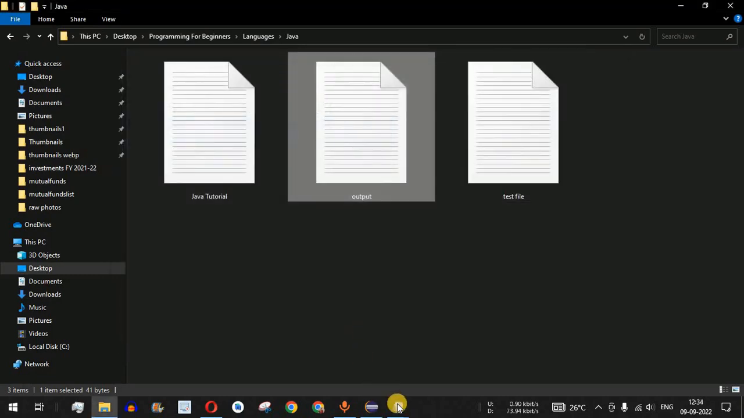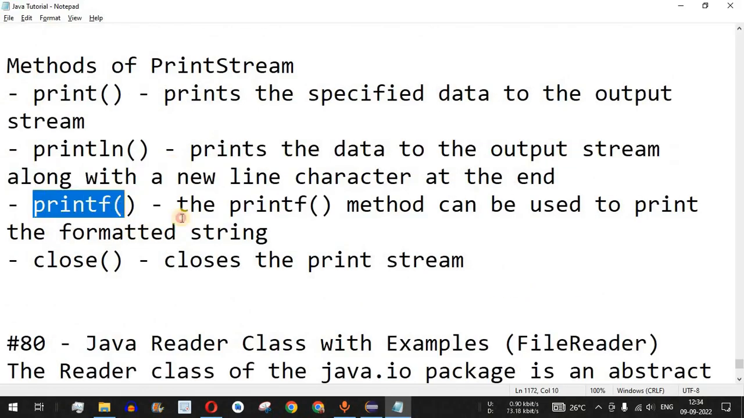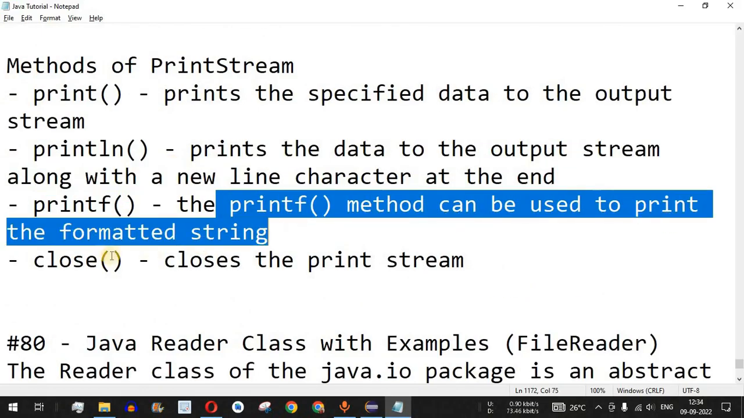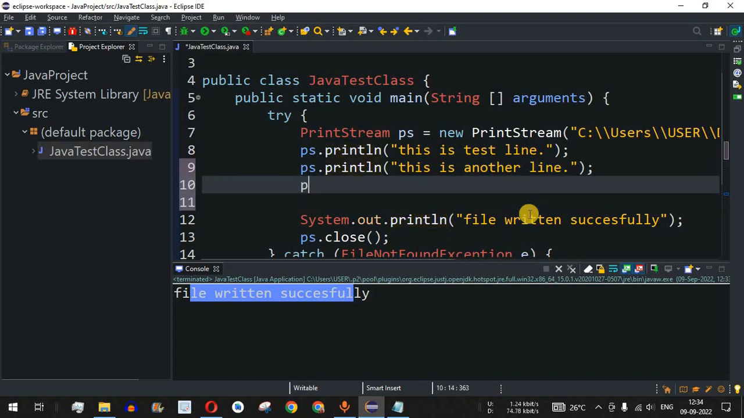Guys, apart from this, we have another method over here. So if I show you, we have something called printf. The printf method can be used to print the formatted string. So let's say we have a particular format. So what I will do is, on the second line as well, I will provide the println, so that the third line that we are going to print now comes on the new line. So what we will do is, we will say